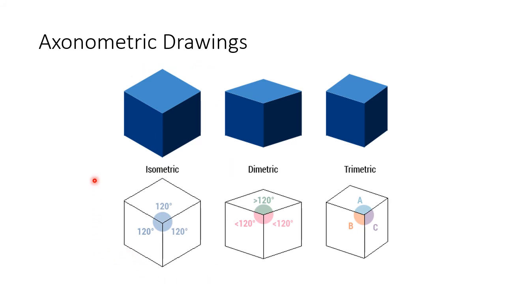In isometric projection, this is the most commonly used form of axonometric projection in architectural and engineering drawing. The direction of the viewing is such that the three axes of space appear equally foreshortened. So you have your equal angle. The views are foreshortened by equal angle, and the common angle is 120 degrees between them. The foreshortening of the object is uniform